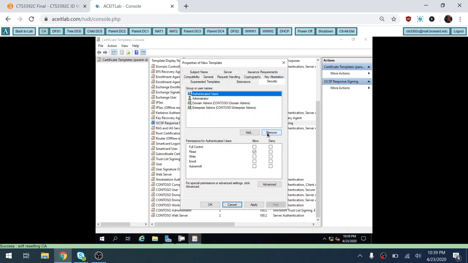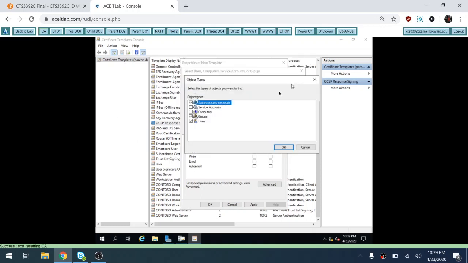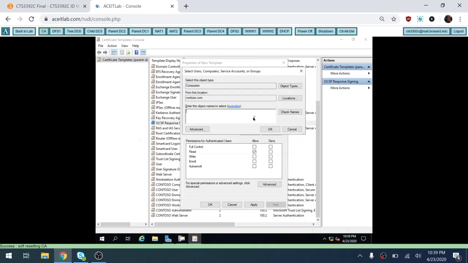The only machine that should get this is my online responder, which is installed on the same machine as my CA. So I want to click Add, Object Type will be a computer account. And I'm going to type CA